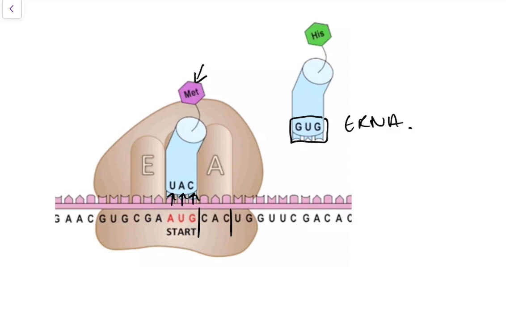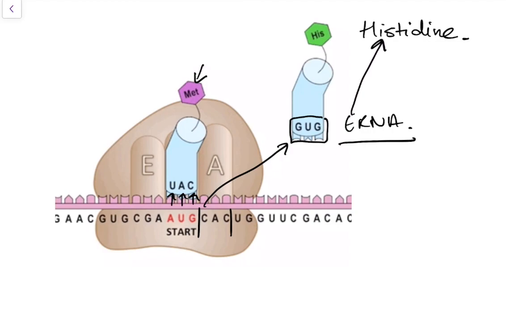And the tRNA with the anticodon GUG always attaches to HIS, which is histidine. So this is where our translation is occurring. By matching these two together, we get a particular tRNA which has a specific